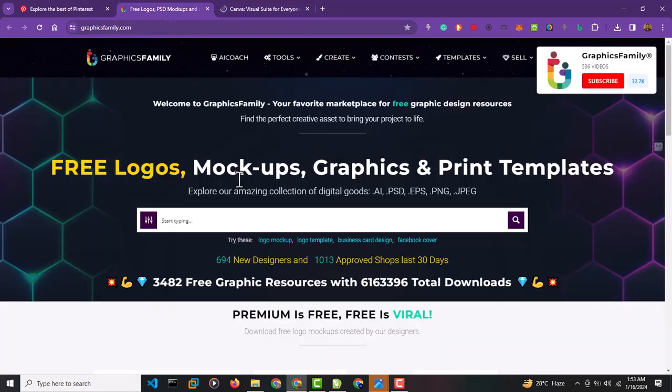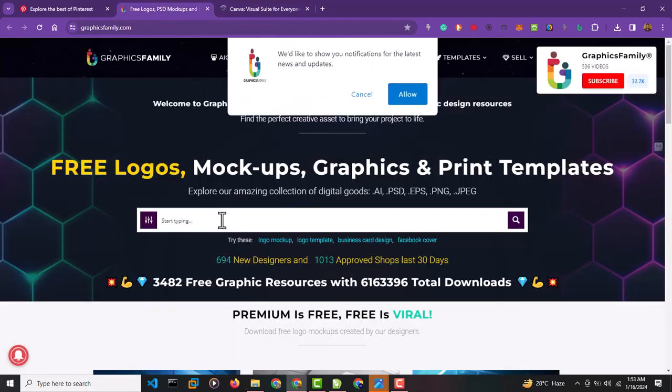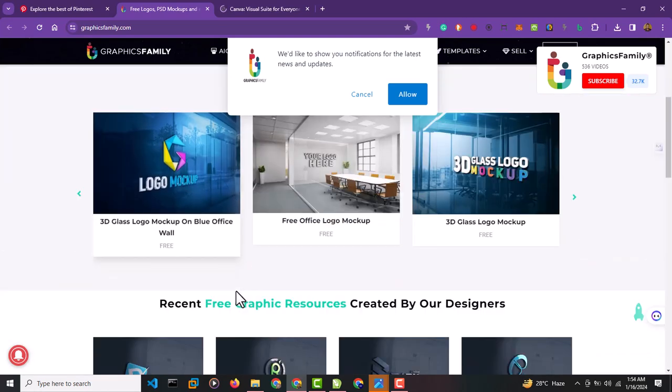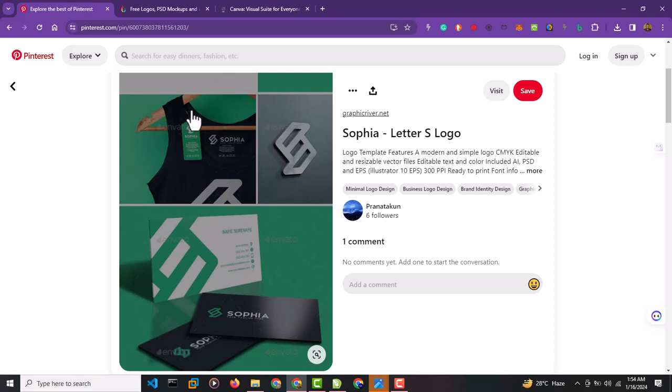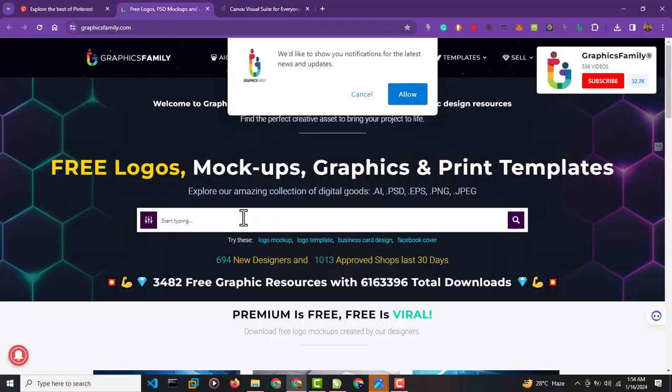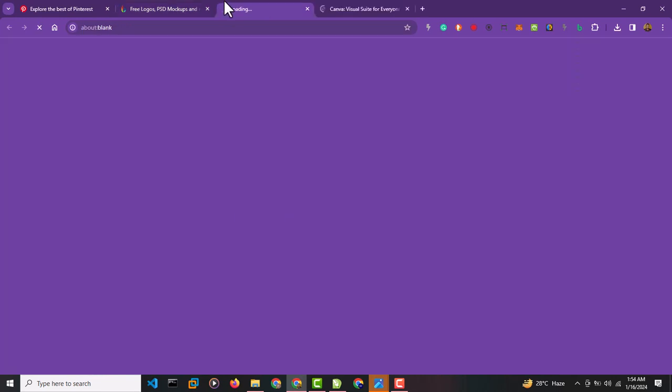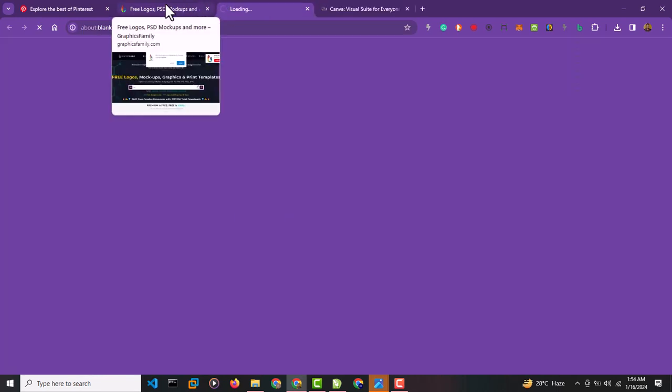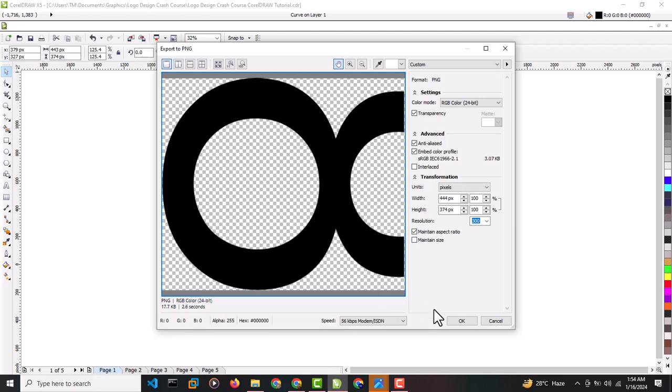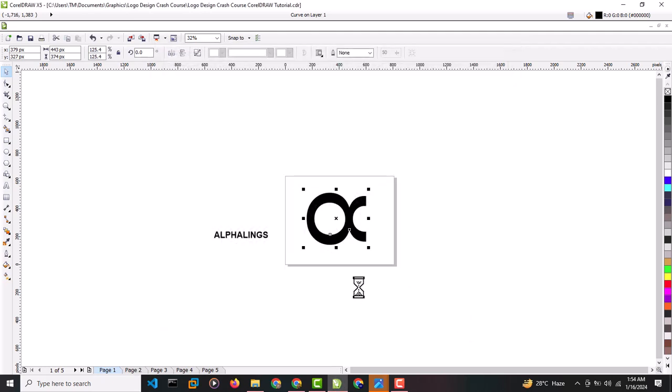Since we are talking about agriculture, Alpha Link is more of agriculture, so let's think of mockups we're going to need. From here we have a shirt presentation. We're going to need a shirt, so I'll look for a shirt and we'll see if we can find one. I'll okay this to ensure that it is exported alright,